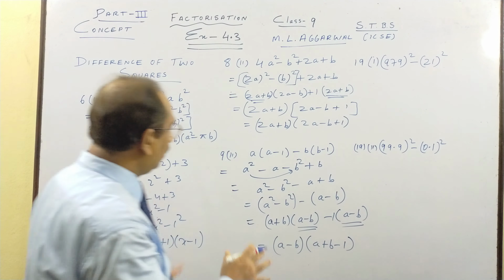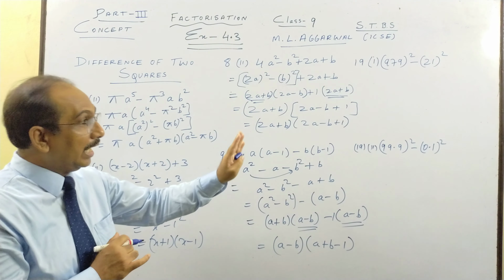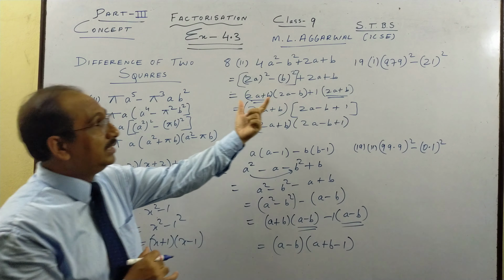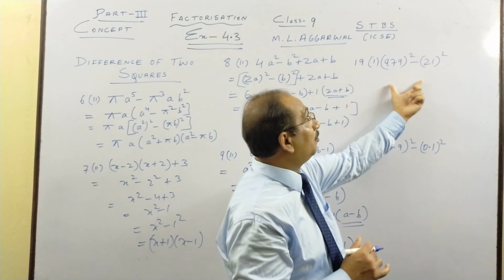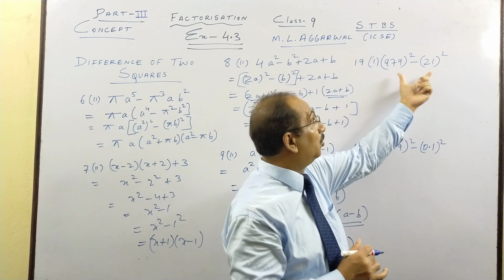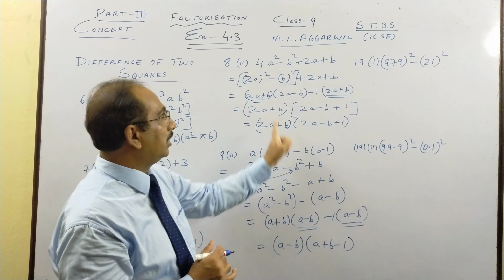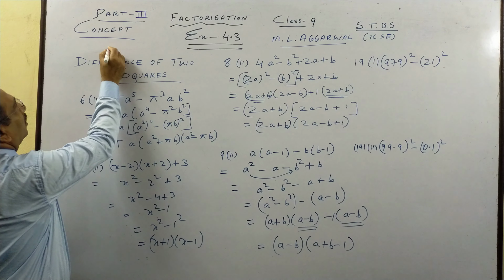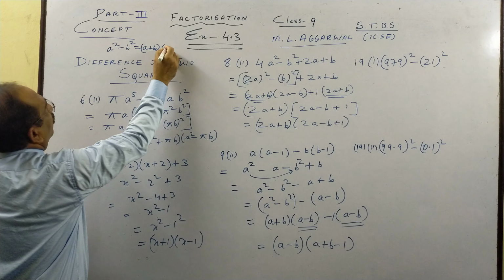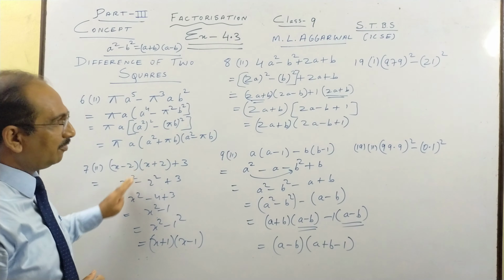So these were the basic things, and the last two, I'll just show you how we apply this formula there. So this question will come, you have to use the formula. You cannot square this minus square this, you will get 0. We will use this formula, a square minus b square, what I have written here. We are using this formula, we will see later on. So formula to solve this. So this I have explained.